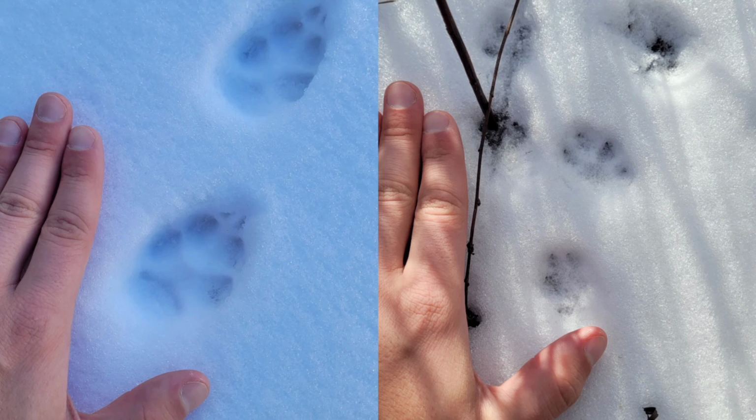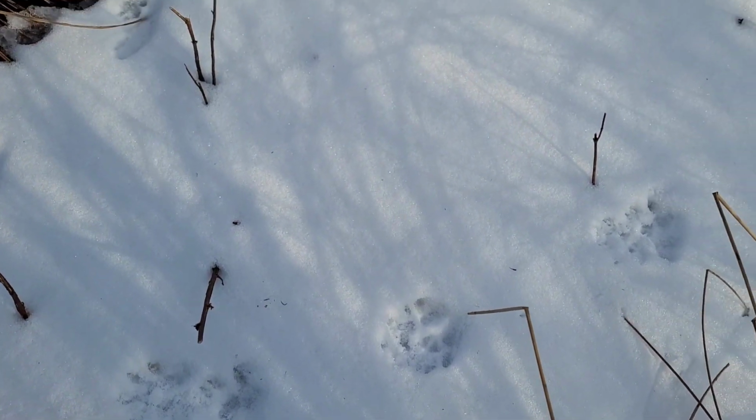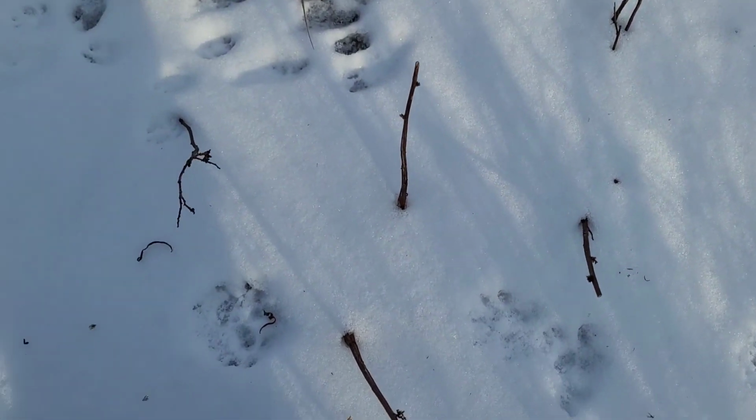So on the right, the track that's just above my thumb looks to be a pretty okay match for a red fox, but the tracks above it are more akin to a house cat. They're pretty clearly the same tracks from the same animal, so what's going on here? I think I have an answer, but keep in mind this is speculation, so I could be wrong, I could be right. So the reason that I think that those were baby fox tracks is the fact that the larger